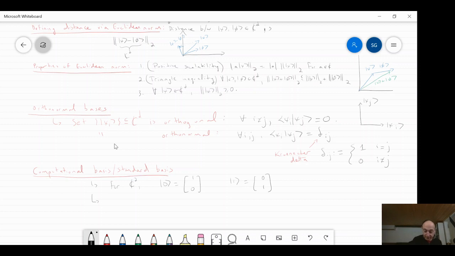I could write, of course, any vector. The point of an orthonormal basis, or of a basis in general, is that any psi in the space can now be written in terms of these two basis vectors, right? In terms of this reference frame. So alpha |0> plus beta |1>.